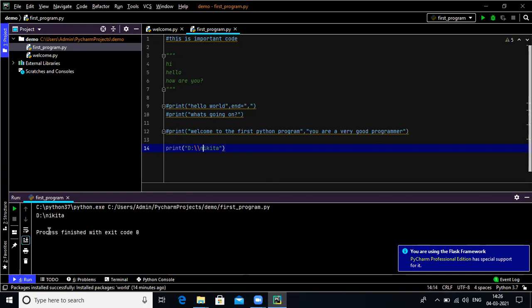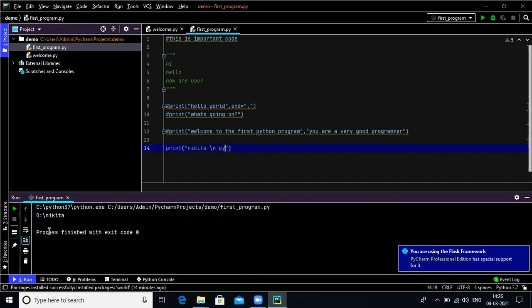Now see again. Oh sorry, there are some extra escape sequences, that is Nikita slash n is the escape sequence, meaning new line character.